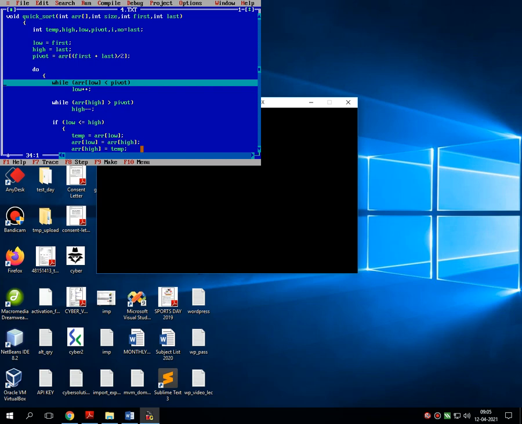Every time the value of the right hand side decrements by 1, and every time the value of the left hand side increases by 1. That is, low is equal to low plus 1 and high is equal to high minus 1.